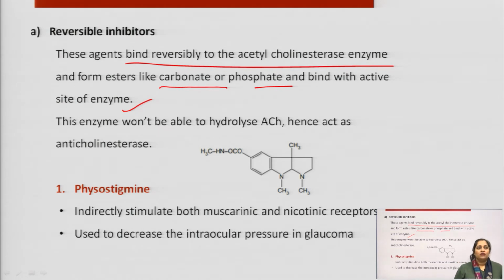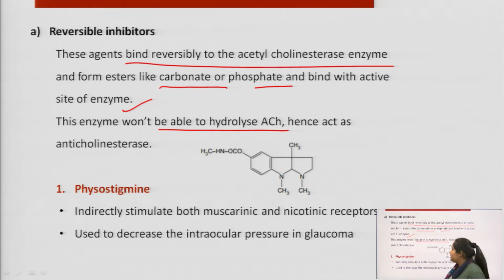What happens when these agents have already bound to the cholinesterase enzyme? Now this enzyme is not able to exert its own action. And what was the action of the cholinesterase enzyme? To hydrolyze acetylcholine. Now this enzyme is not able to hydrolyze acetylcholine, and hence these drugs can act as